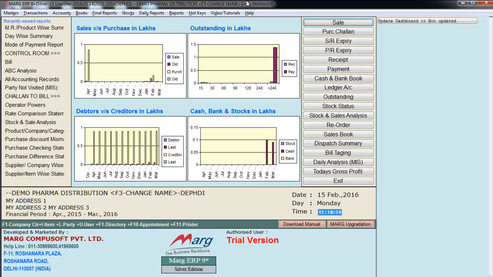Hello friends, and welcome to this tutorial of Daily Reports menu. Almost all the reports which are used on daily basis are available in Daily Reports menu. For which, if you switch to the Daily Reports menu,